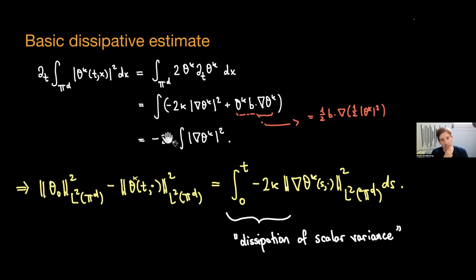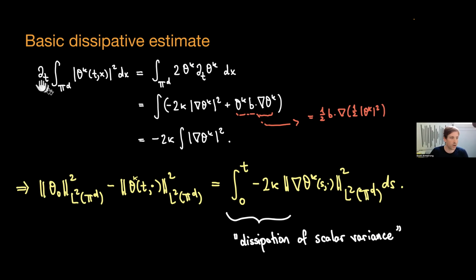And before I say what anomalous diffusion is, I want to give a very basic estimate. This is sort of the basic energy estimate for this equation. If you have the heat equation, and you start with some initial data and you want to evolve it in time and you want to study how that decays to equilibrium, what you do is, and I should mention I'm on the torus, so everything is compact, there's no boundary anywhere.